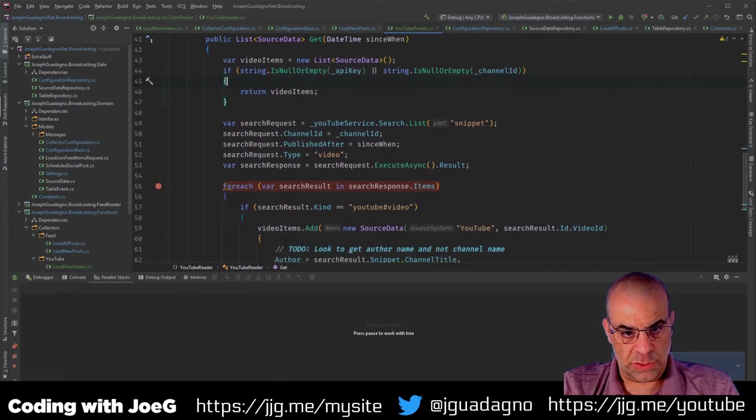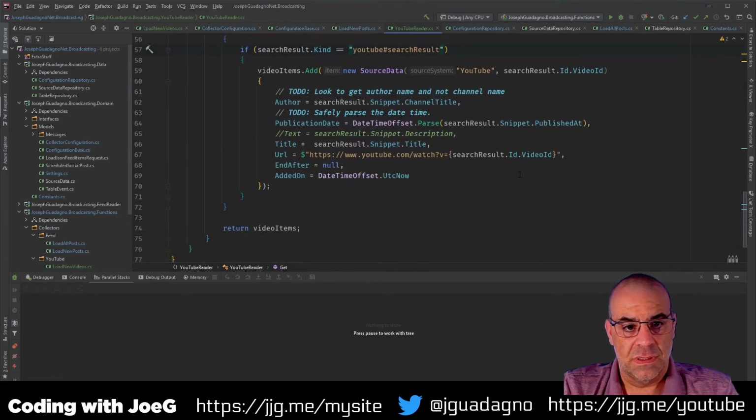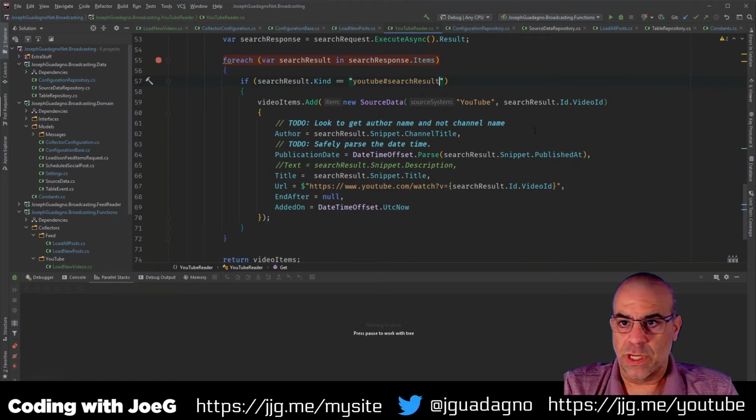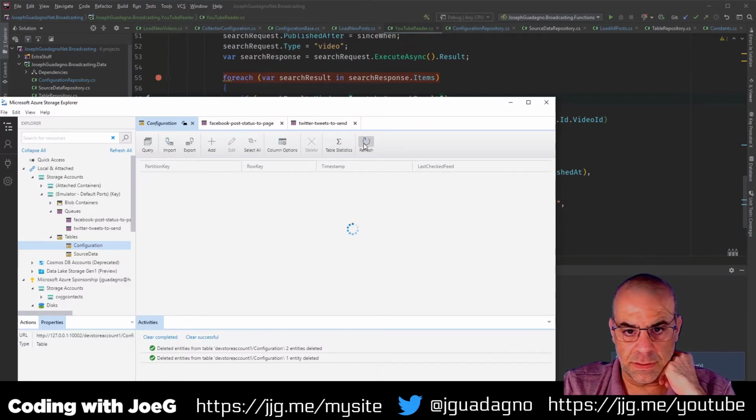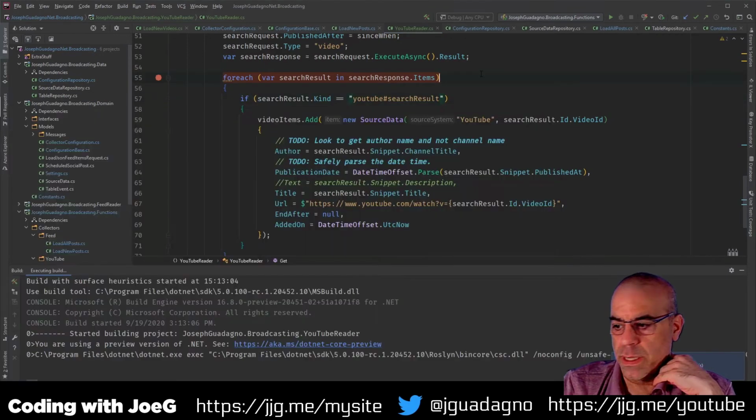So there is this search parameter kind, and based on the samples, you should use video to get a list of videos. But I guess because I chose type equals video, it changed it from video to search results. So I'm going to go and double check that again. Make sure this is the right time still. Ported it.